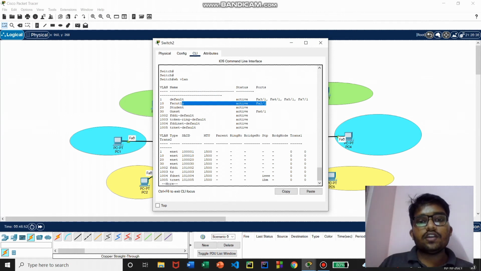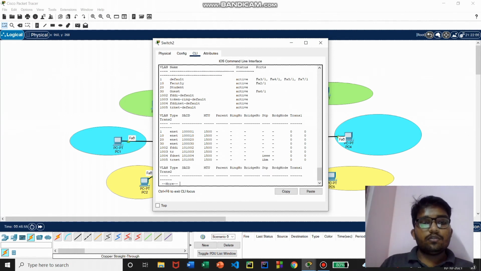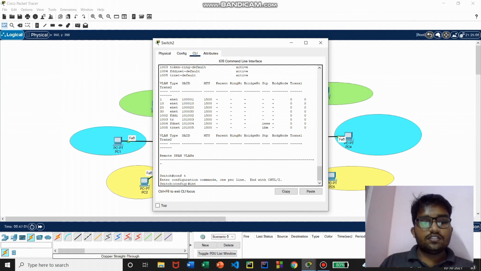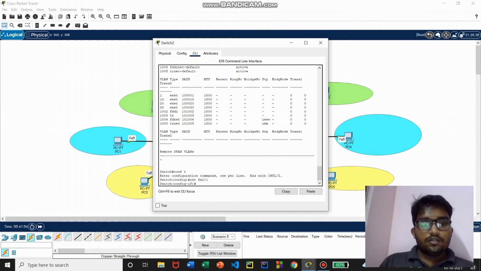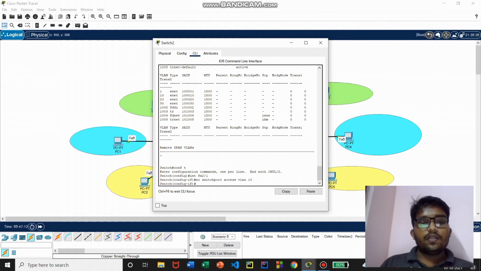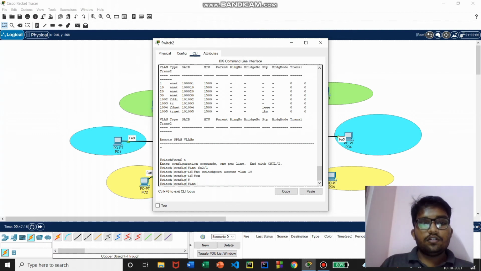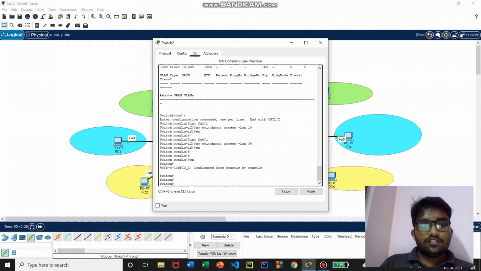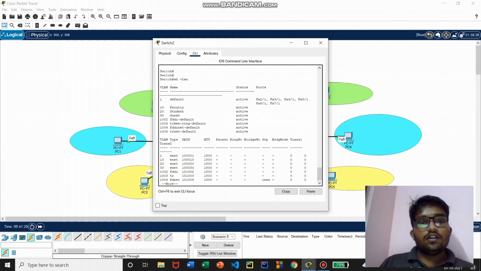Now if you just view the VLAN table, here we can see FA3/1 is not there for the student, and FA2/1 and FA6/1 also have to be removed, since we have removed all those cables, right? So we'll do that. Config terminal, interface FA2/1. Now give no switchport access VLAN. This is for the VLAN 10, right? That's it. Now we'll do the same for the interface FA6/1 as well. No switchport access VLAN. 6/1 was for the 30 VLAN, right? We'll give that. Now if you just check the VLAN table, here we can see all these VLANs have no ports assigned. So we'll just assign one port.